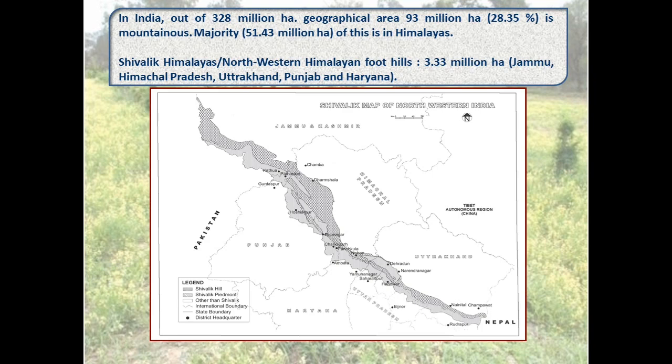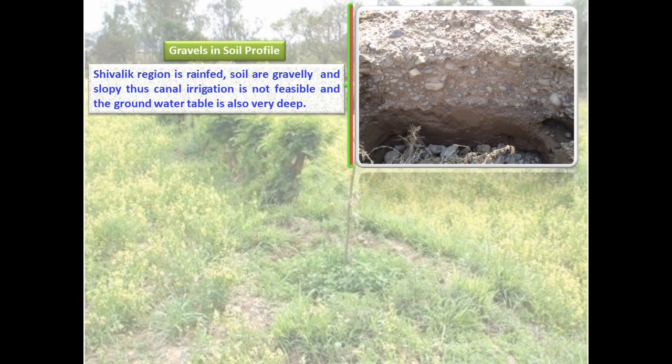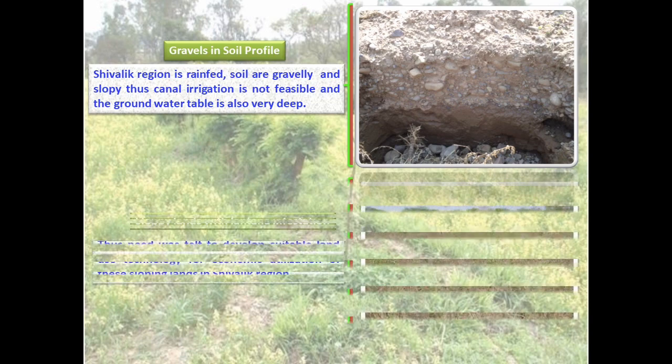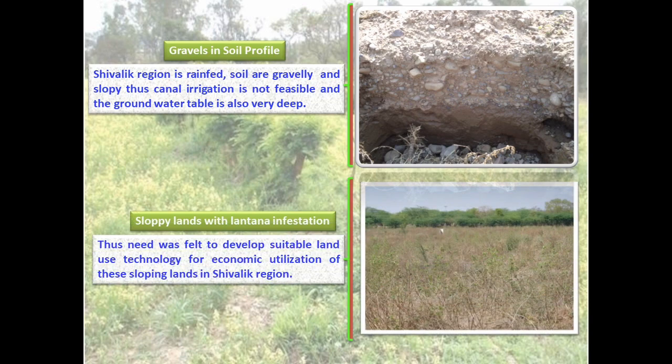3.33 million hectare. These Shiwalik Himalayas have been formed by deposition of material eroded from the Himalayas and hence are fragile and prone to erosion. Keeping them under vegetative cover is urgent to protect them from erosion. Thus, a need was felt to develop suitable land use technology for economic utilization of these sloping lands in Shiwalik